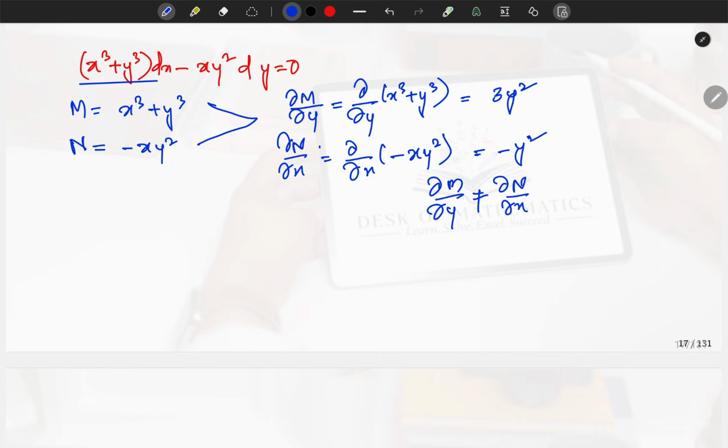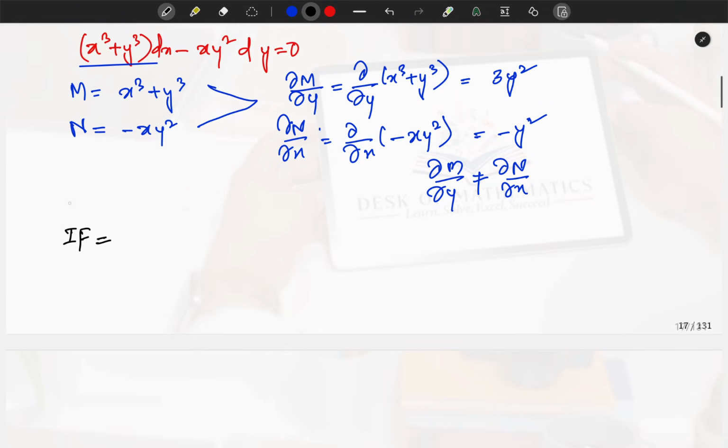Now you have the four rules: whether it is homogeneous, whether you will find dou M by dou y minus dou N by dou x divided by N and check whether it is a function of x, and similarly all the other three cases. So here you will check. It is easy to see that M is homogeneous of degree 3, and N is homogeneous of degree 3. What will you do? We will find the integrating factor. That function, if we multiply it to this, it will become exact. So, as this is homogeneous, our integrating factor will be